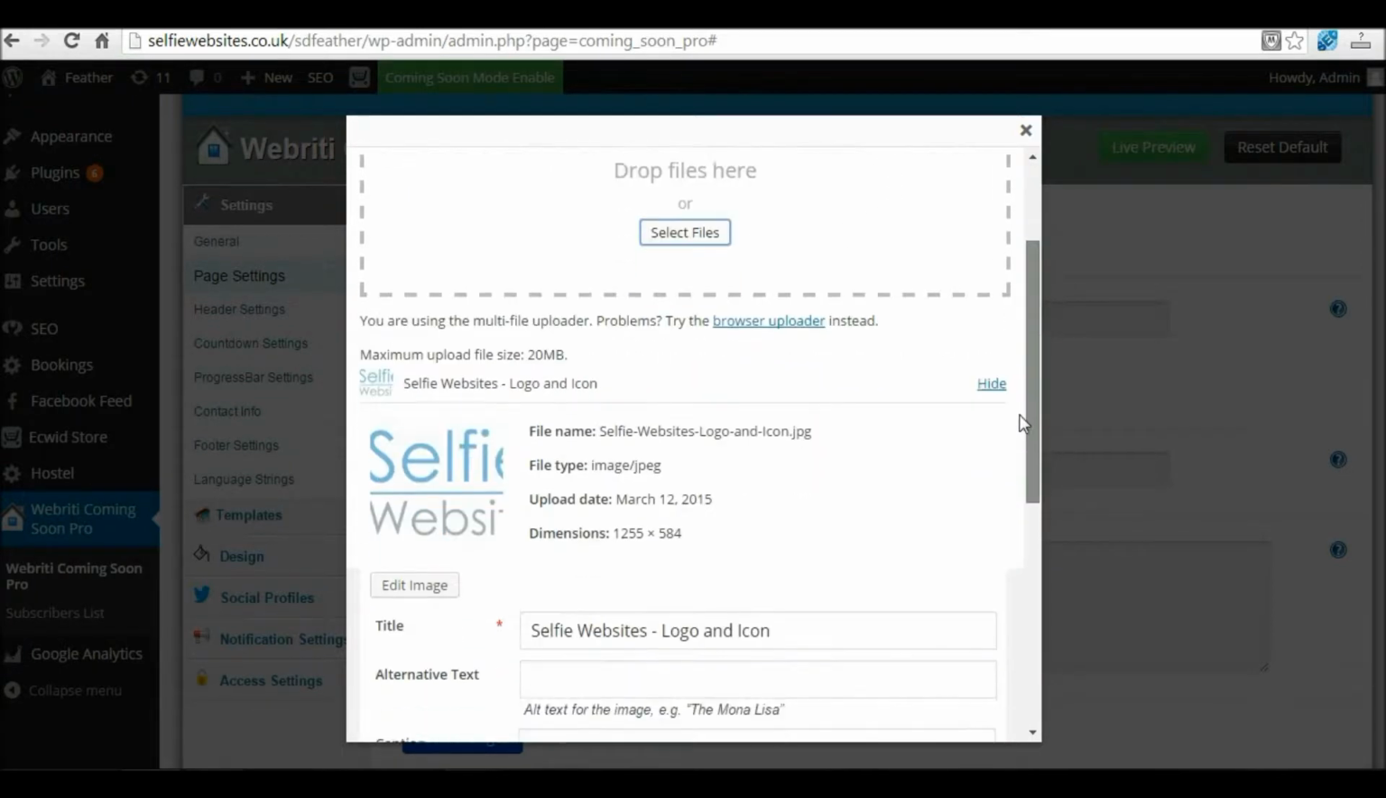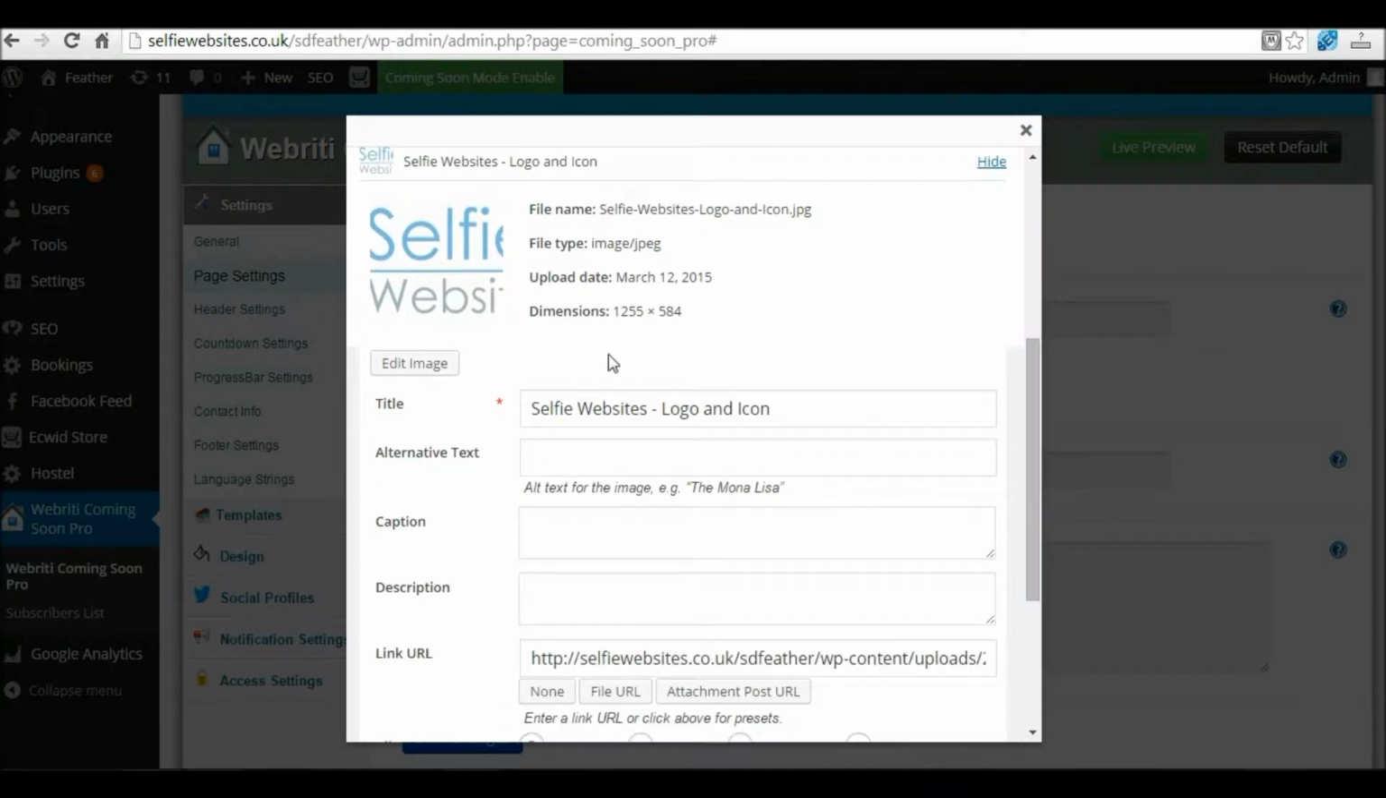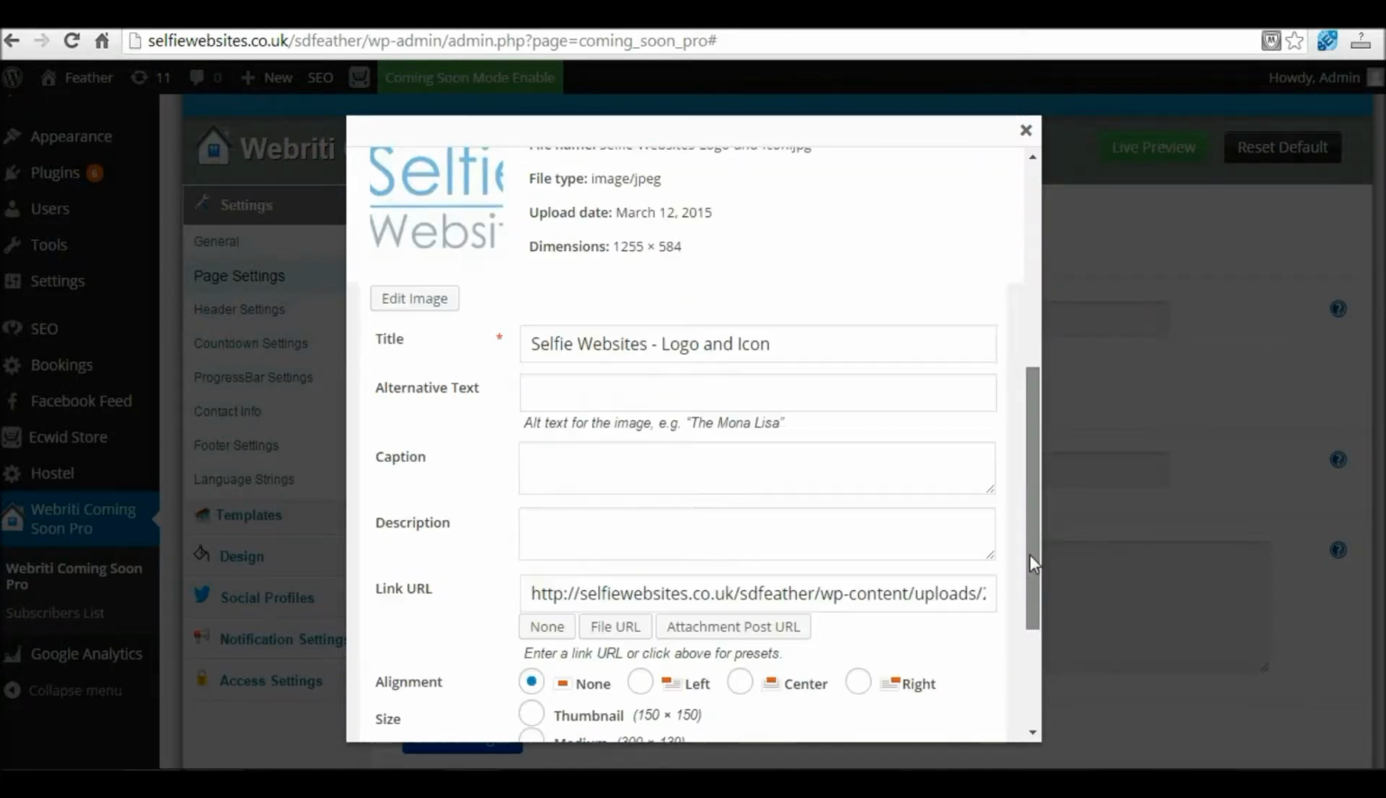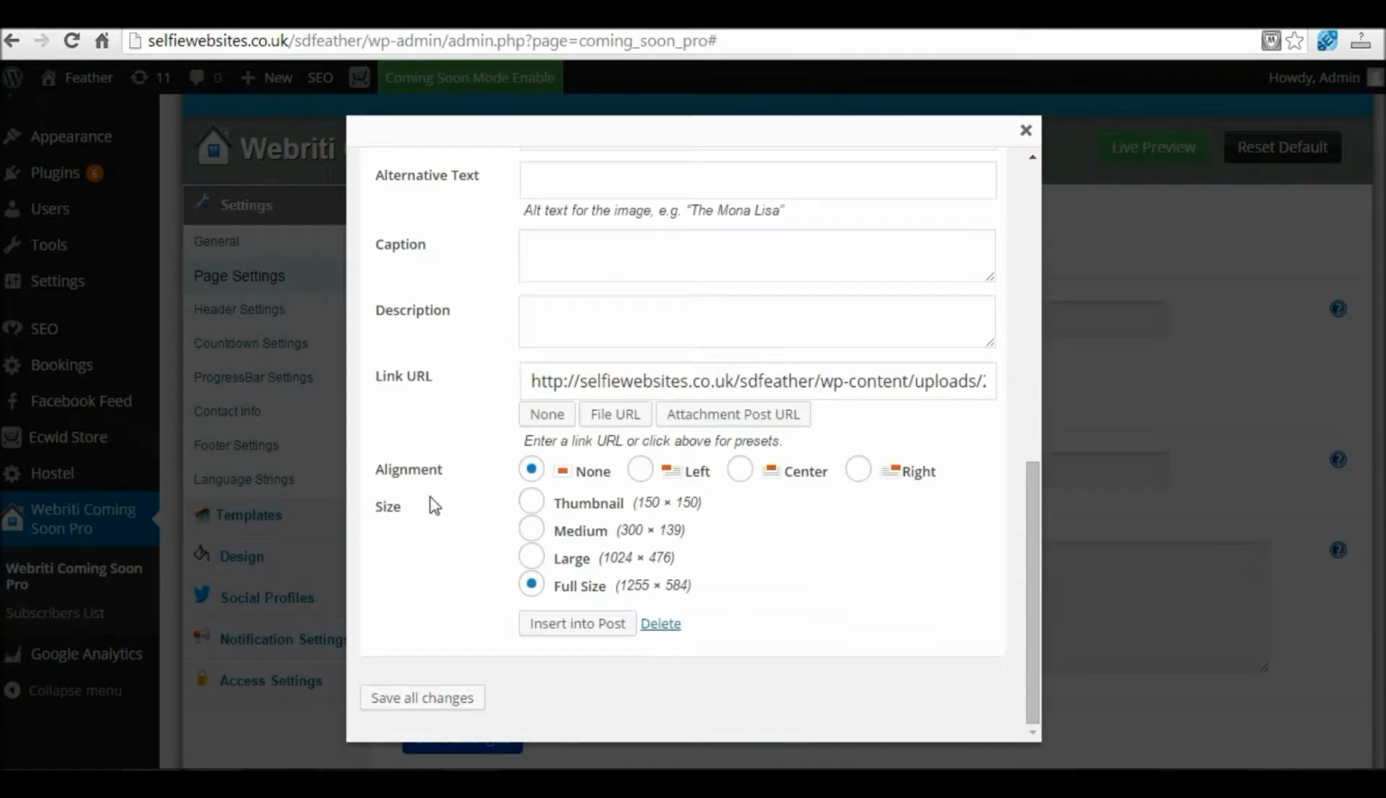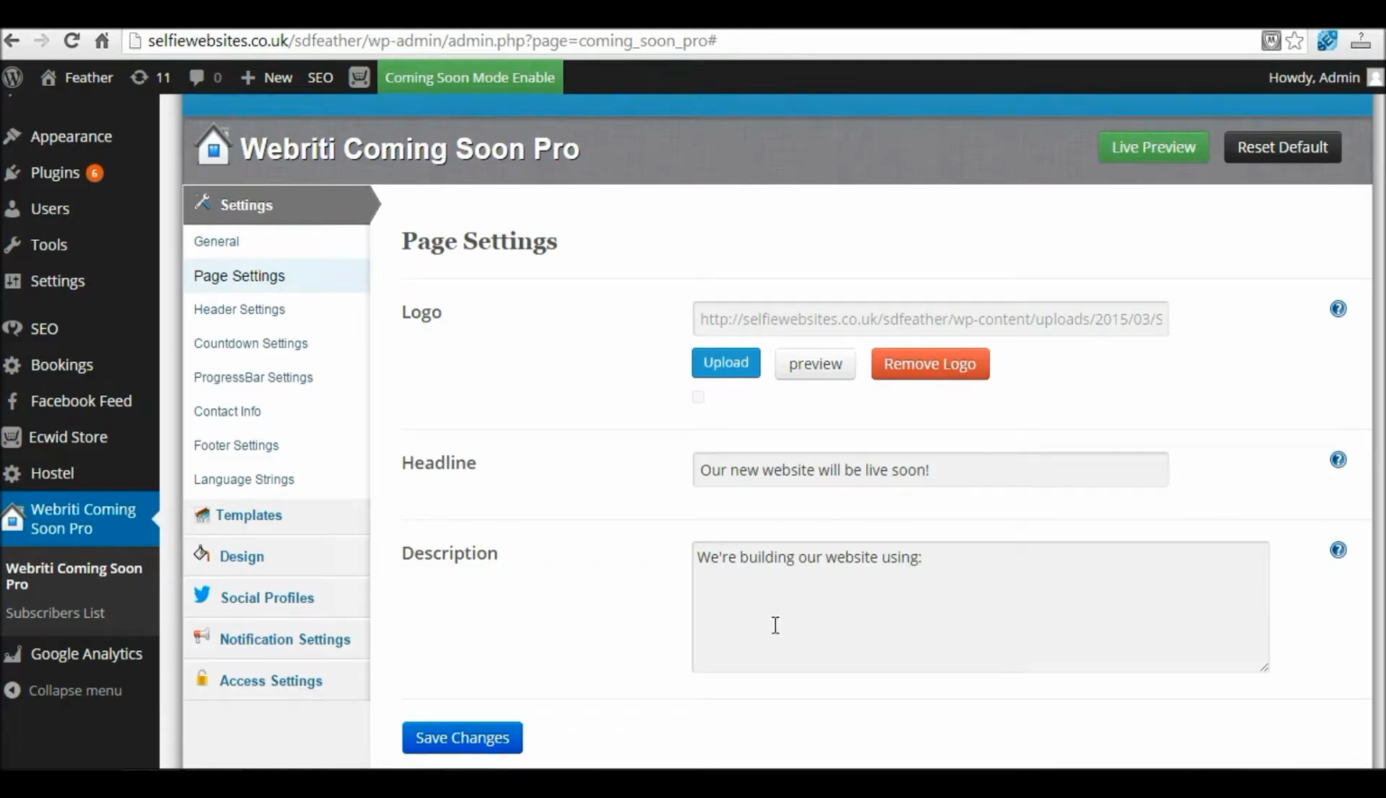And once you've selected your logo, if you scroll down, there's a whole range of different settings down here. You can ignore all of that. Just make sure your size is set to full size and choose Insert into Post. If you click that, nothing will happen. But what it has done is it's put the link to your image file in here. So if we now save that change,